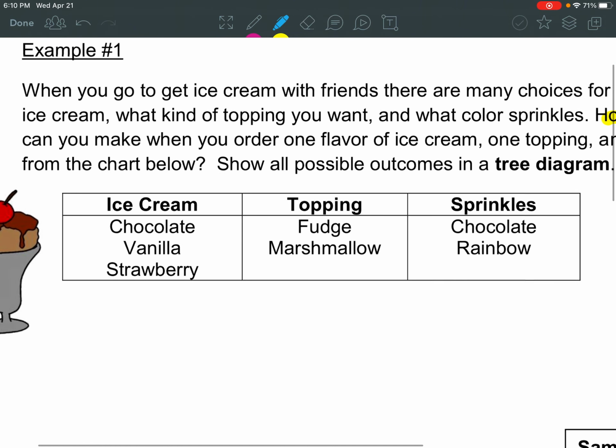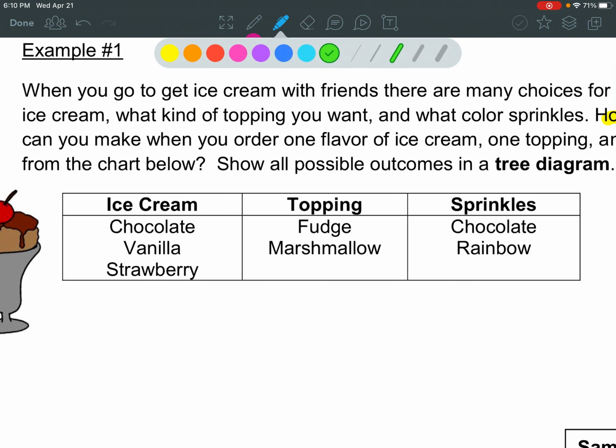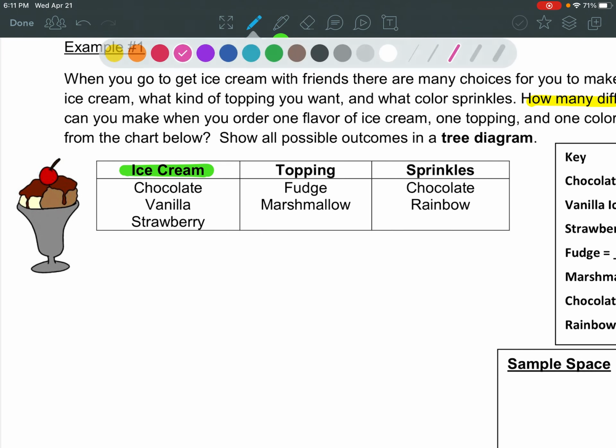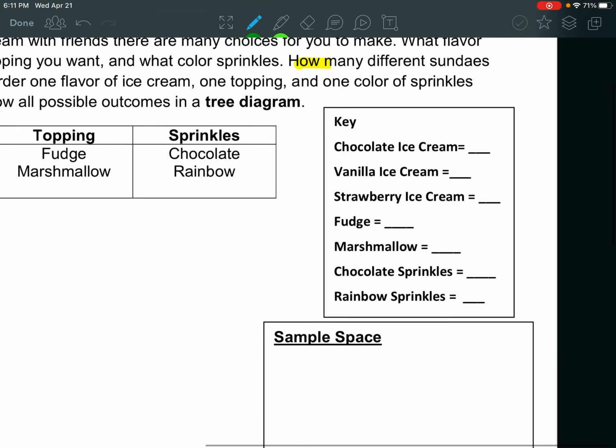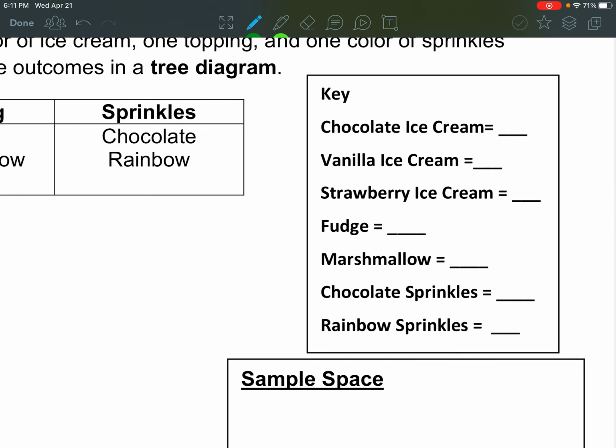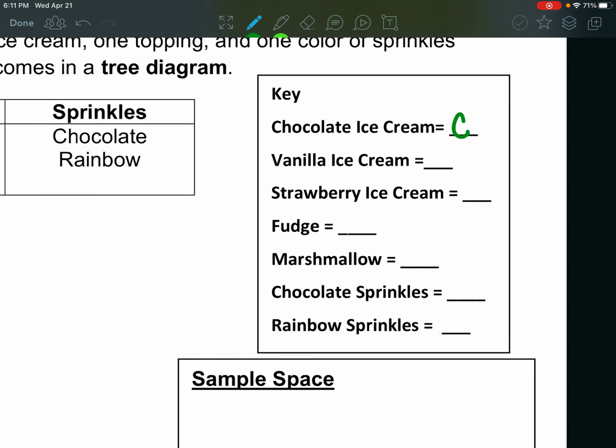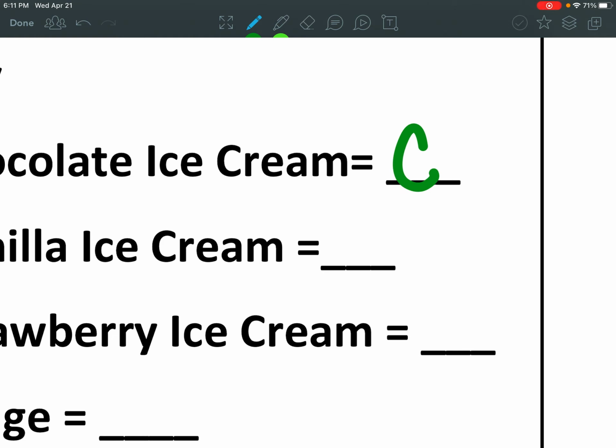So there are 3 events that are happening here. You first walk up and you have to choose your ice cream flavor. So when we create this tree diagram to show all possible outcomes, we want to start here. And we always want to start listing out with what are our possible outcomes. Now over here, we have a key because some of these are going to be very similar. So if we use C for chocolate ice cream, well then down here we need to show chocolate sprinkles as a different way. So you want to come up with some sort of key to know what these abbreviations stand for. So chocolate, maybe we'll put chocolate